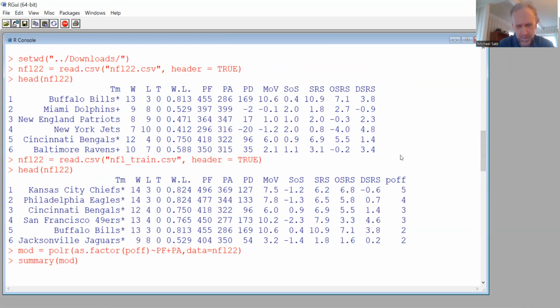But I think you remember, you make a vector and you set these, you kind of have to do this manually. There are other ways probably, but I think we did it manually. So the Chiefs won the Super Bowl, the Eagles lost the Super Bowl, they get a 4.